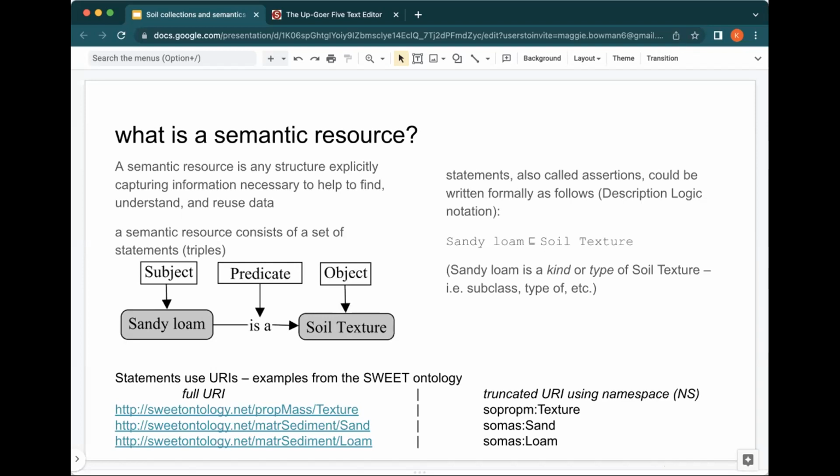The second part is on the right half of the slide. I just wanted to make a point that one of the reasons these are useful is because there is a computational component. So there's an underlying logic underneath most of the resources. The same statement that was on the left, sandy loam is a type or a kind of soil texture. But when you build it on top of this logic, that means that the computer can make use of it in some way and find relationships and so forth.